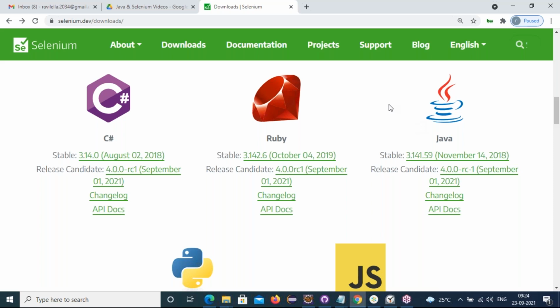Friends, in Java, in Selenium, we have the 1 series, 2 series, 3 series, and 4 series. Right now the 4 series is going on in the market. Even so, companies are still using the WebDriver 3 version only. Some institutes will say they are using WebDriver 4.